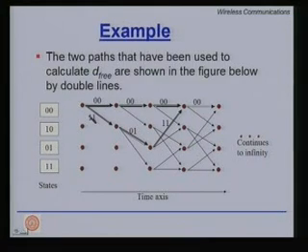So if you calculate the Hamming distance between these two paths, 0 0 1 1 differ at 2 places, plus 0 0 1 0 1 differ at 1 place, so 2 plus 1 is 3, plus 0 0 1 1 differ at 2 places, plus 2. So 2 plus 1 plus 2, 5. 5 is the distance between the all-zero path and this path that diverges.